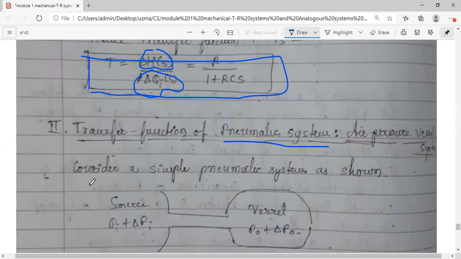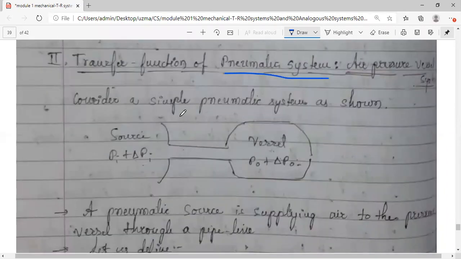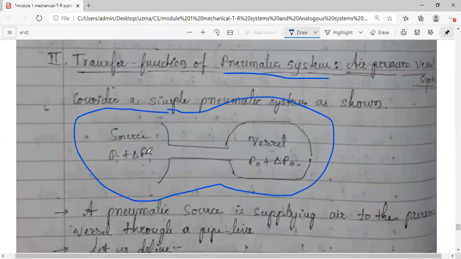So let us consider a simple pneumatic system. It can be anything, okay? Here we have not specifically given an example. So simply with some source, because when we are talking about air, pressure comes into the picture. You can take the example of whenever you go to any petrol bunk, you have a machine for putting air in tire tubes, right? So how it works, you try to observe. The same principle is used here.